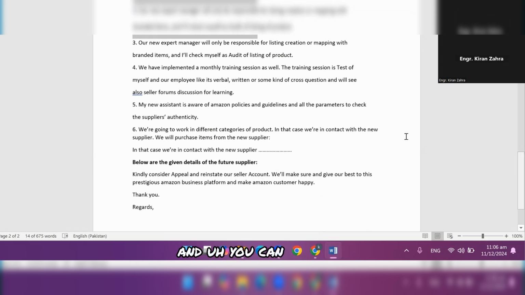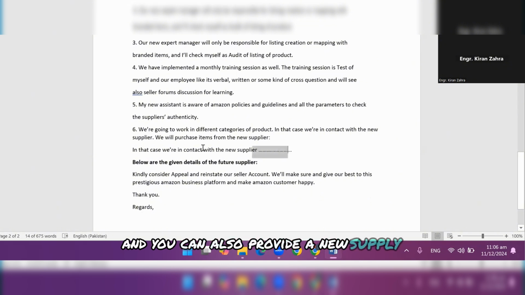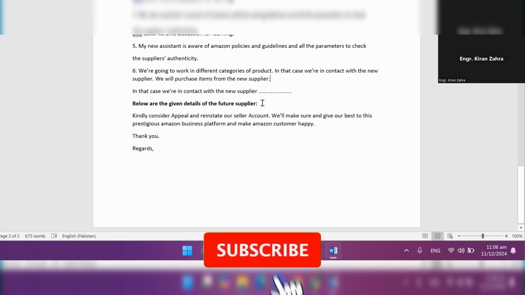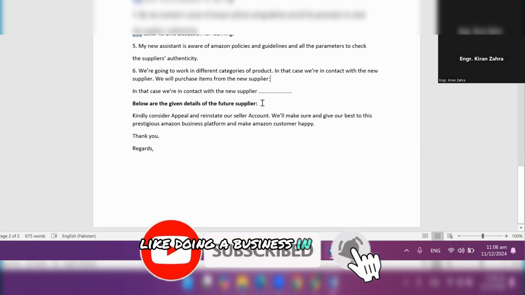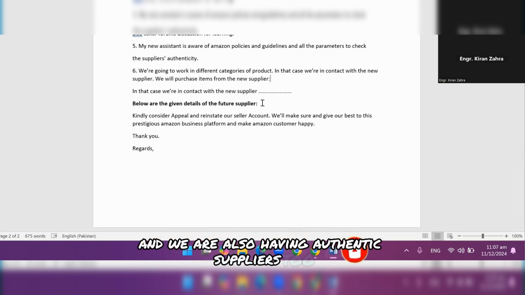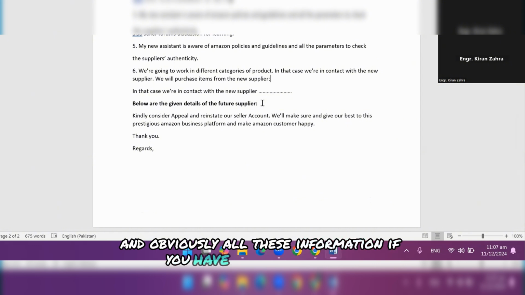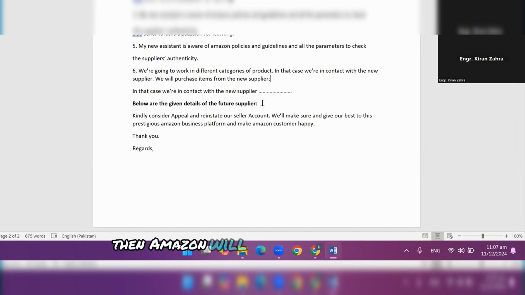You can also provide a new supplier link to Amazon, saying that we also have a plan of doing business in different categories, and we have authentic suppliers too, from which we will continue our selling. And obviously, if you have provided all this information properly, then Amazon will reinstate your account within a few hours.